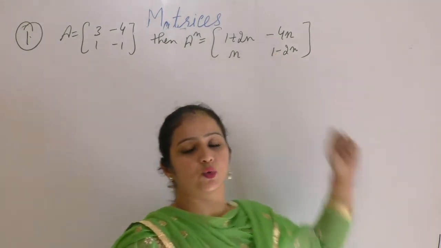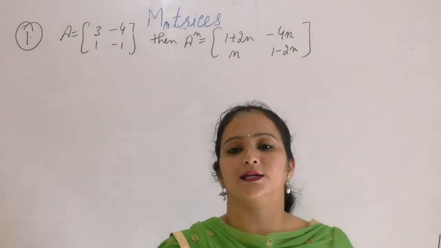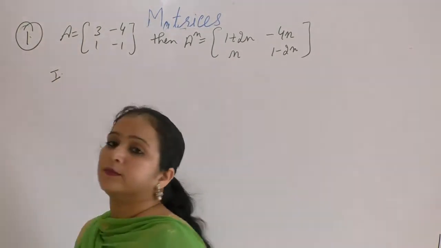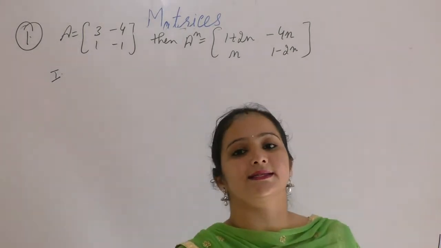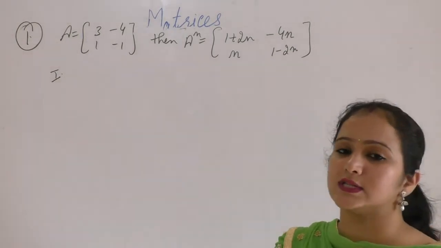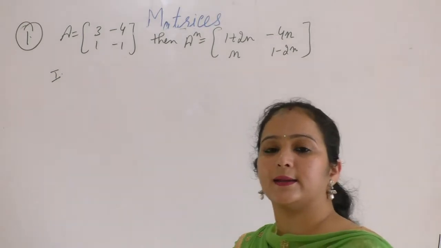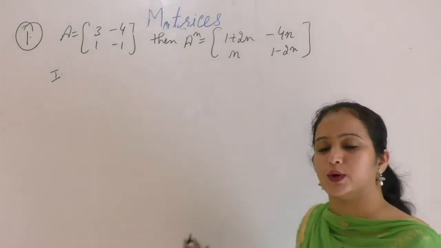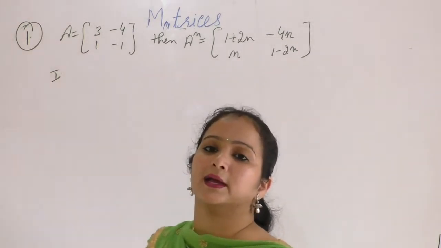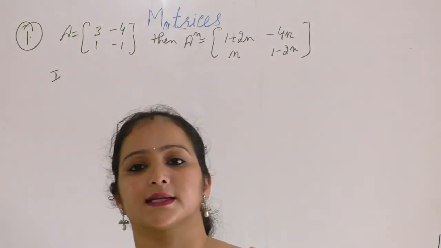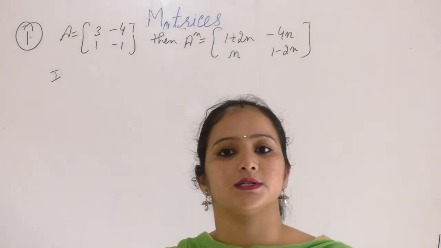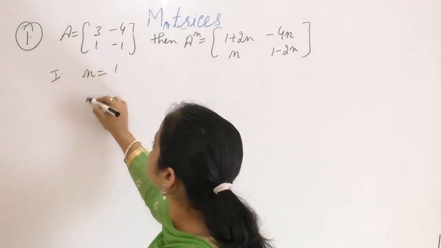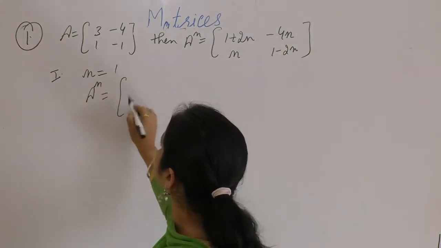मैथमेटिकल इंडक्शन में हम क्या करते थे, 3 स्टेप्स होते थे। फर्स्ट स्टेप में हम प्रूफ करते थे कि रिजल्ट इज ट्रू फॉर n is equals to 1। सेकेंड स्टेप में हम असयूम करते थे कि रिजल्ट इज ट्रू फॉर n is equals to m। एंड थर्ड स्टेप में हमें प्रूफ करना है कि रिजल्ट इज ट्रू फॉर n is equals to m plus 1।